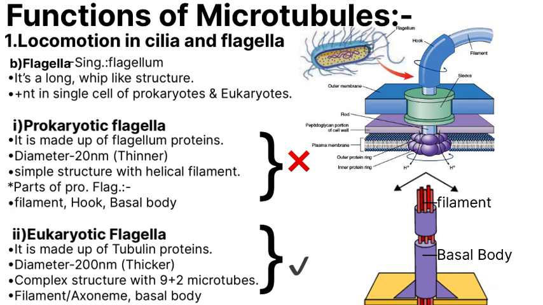In the eukaryotic flagella, we have a specific compartment or a specific name for every activity in them that makes them more special. The internal structure of the eukaryotic and the prokaryotic flagella is completely different. The prokaryotic flagella is not given in your NCERT. We have already done the prokaryotic flagella in the early lectures. So our main focus is on the eukaryotic flagella. But the internal structure of cilia and the eukaryotic flagella are similar. So let's see their different parts and their diagrams in the next slide.